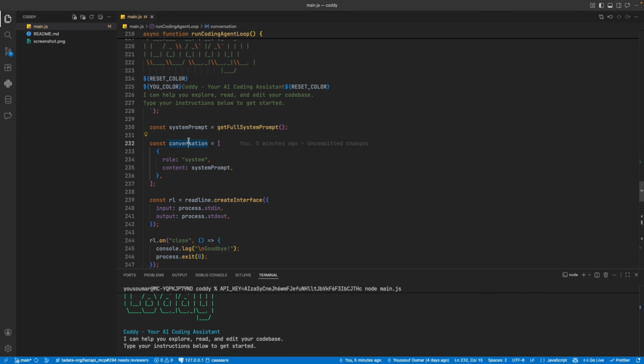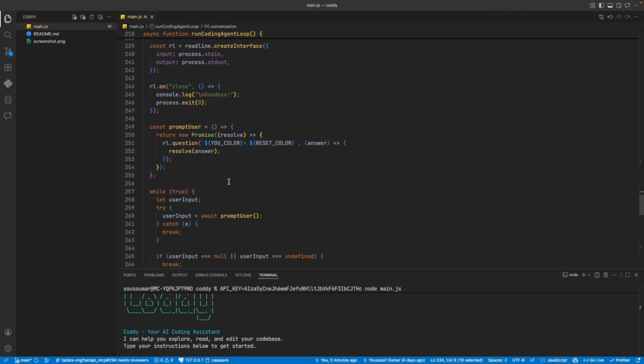The first message that will be in the conversation is our system prompt, and we use this role because you can have roles that you send to the LLM. The LLMs are trained to know that, for example, a role which has system should have more weight, in the sense that, for example, if in the system we say you do not answer questions related to math, and the user asks a question about math, the LLM could say, no, I am not allowed to respond to this.